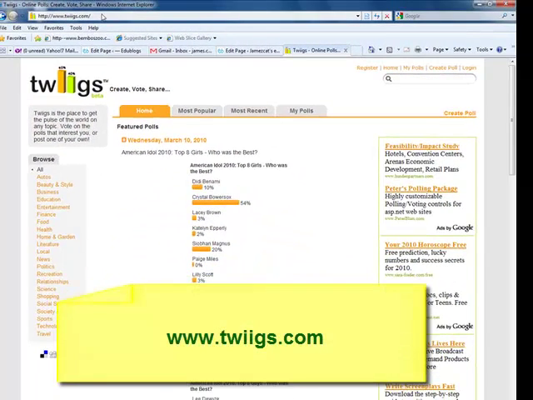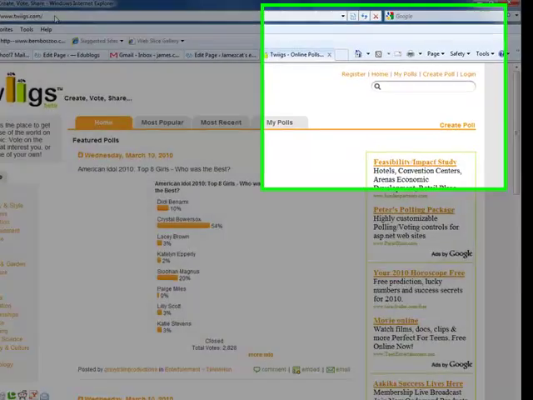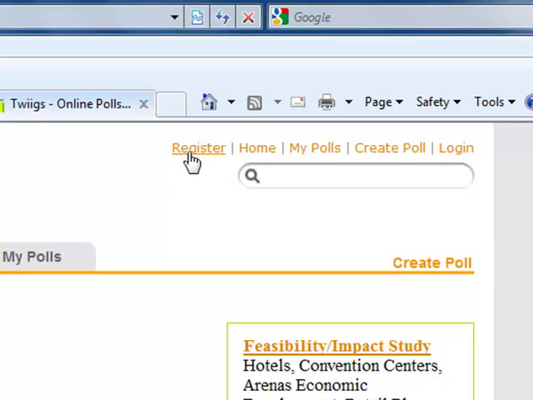twigs.com. Twigs.com is a site that you can join and create voting widgets. Now there are lots of different websites that offer this service, but I like Twigs because it's so easy. The first thing you'll need to do is register so that you can save your voting widgets as you create them. So click on register,